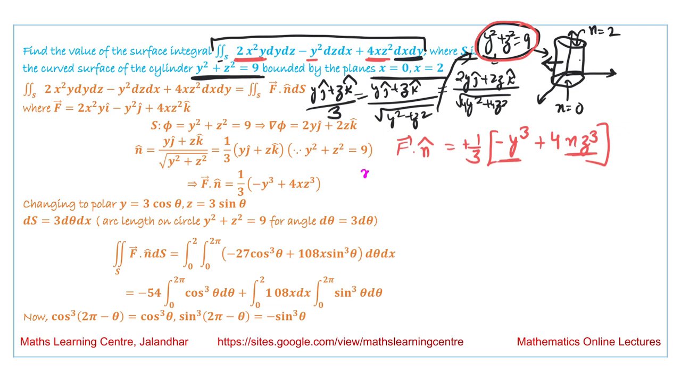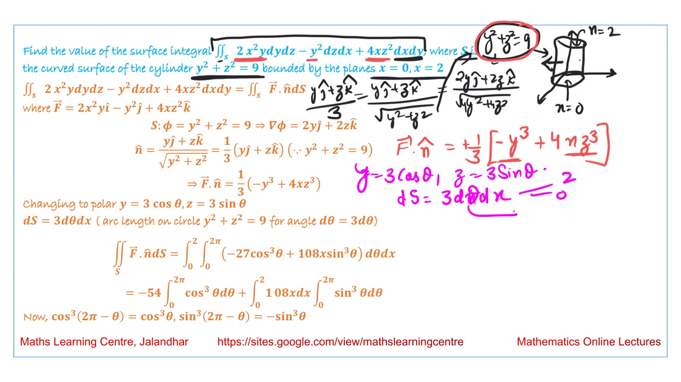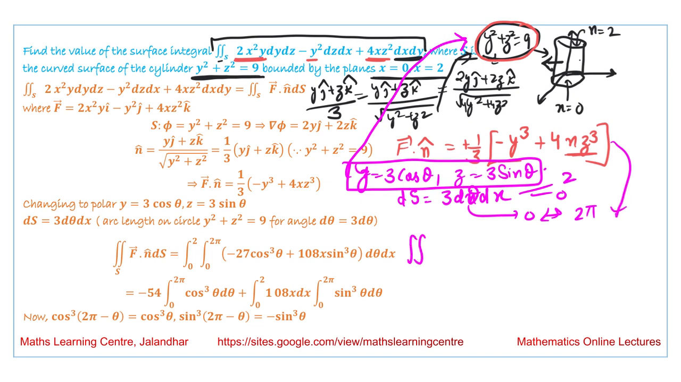That is, we substitute y equal to 3 cos theta, z equal to 3 sin theta. So what we obtain is that the value of ds is 3 dx d theta. The value of x varies from 0 to 2, and theta varies from 0 to 2 pi. These are the parametric equations of this circle. So our integral becomes